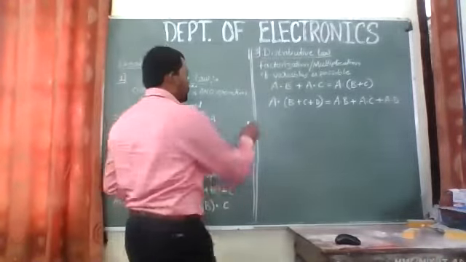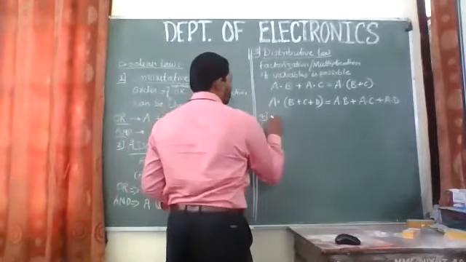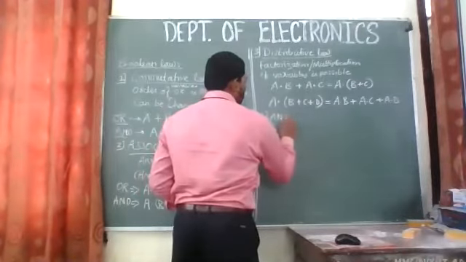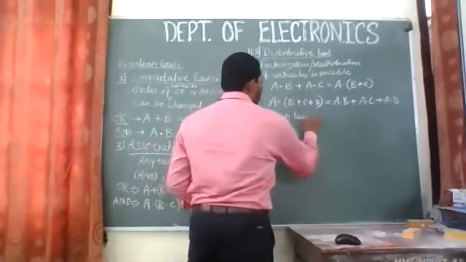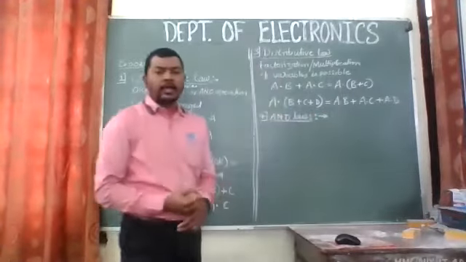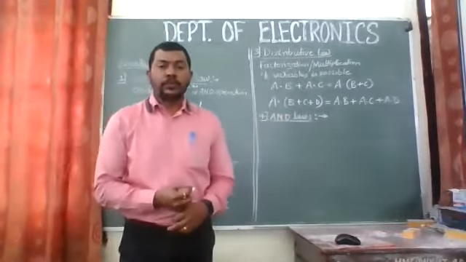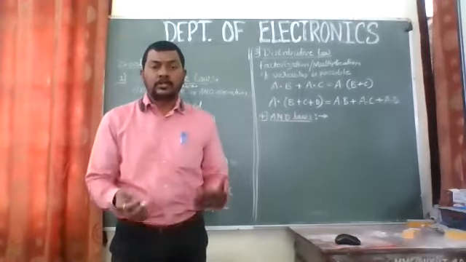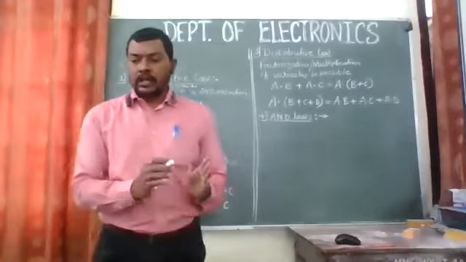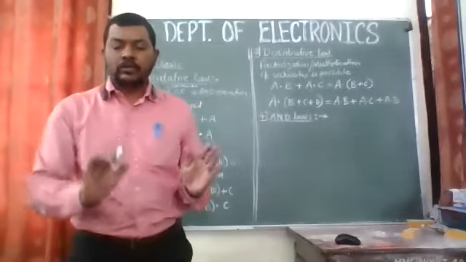The fourth one is called the AND law. So AND means AND laws. Now these are very small laws. It means, what happens if you multiply a variable with zero, or if you multiply it with the same variable? That is the AND law. There are 3 or 4 types of AND laws.